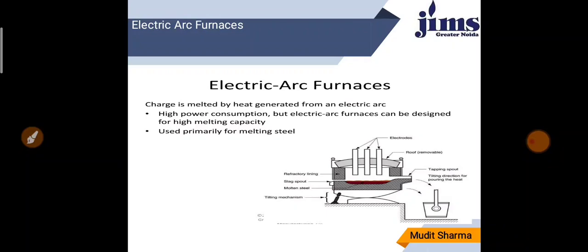What is the capacity of the direct furnace? Its production capacity varies from 3 to 10 ton, and it is best suited for laboratory work, very small quantity. The common advantages of this furnace are high melting rate, high pouring temperature and excellent control. Now the next classification is indirect. In the indirect furnace, there is no direct contact between the electrode and the metal which we want to melt into molten state.